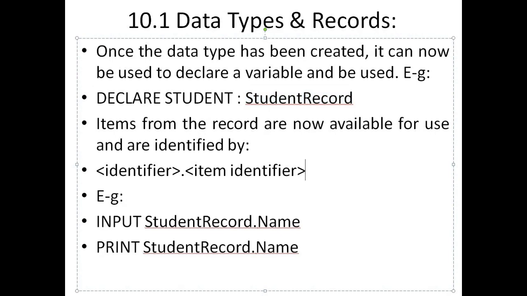Items from the record are now available for use, and they can be identified by their field name or attribute name or item identifier name.